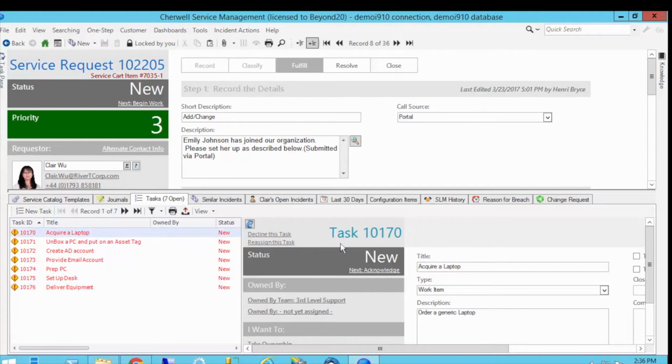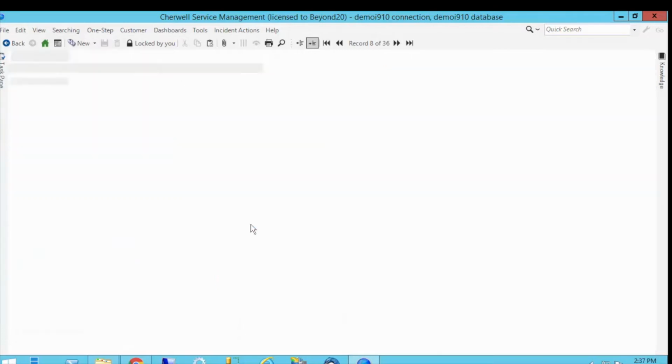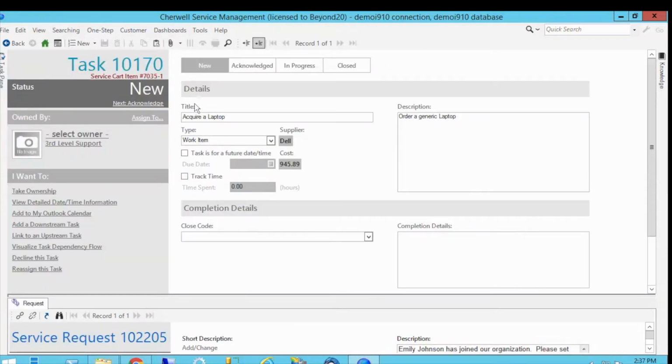So now we can look at the task in this little window on the tab, but what I like to do is I'm going to click this blue arrow and that's going to pop the task up and make it the current record. And you'll see that the task record has some very similar features to the ticket. We have a life cycle on our task. We have an ID and a status, and we have ownership. So that's kind of the key thing,